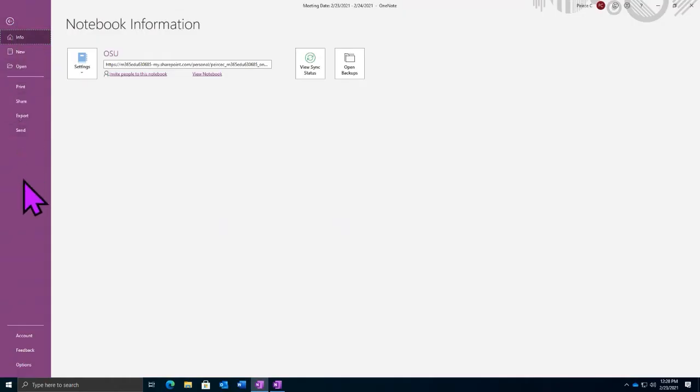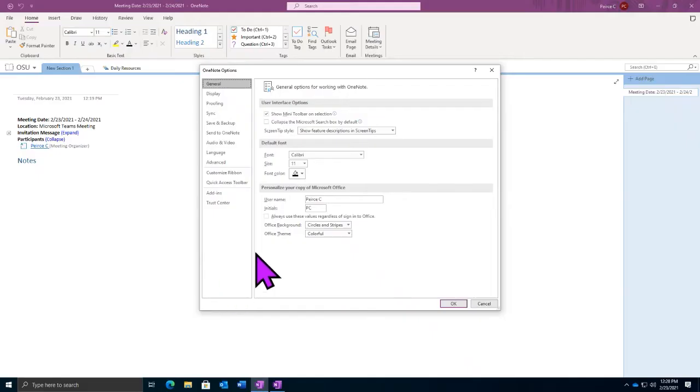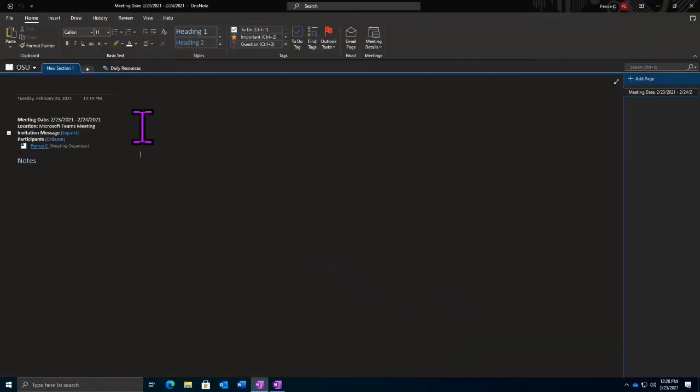One of the things that I do want to talk about just a little bit here is down in the options. When we select options, we can change some settings about our application and how it will appear. I like to change our office theme because the colorful one can be a little harsh on the eyes at night. So I like to use either the dark gray or the black one. And when I select black here, we can see that it will actually change my background as well to make this completely a dark theme, make it easier on the eyes if you are working later at night.